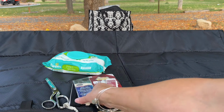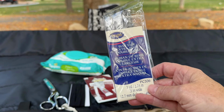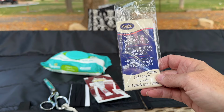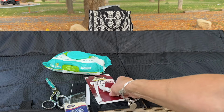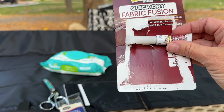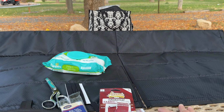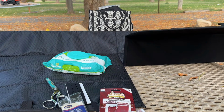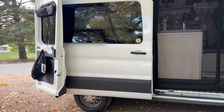All I used was some bias tape, extra wide double fold, 0.5 inches wide, so half an inch wide in black, and Aleene's Premium Quality Quick Dry Fabric Fusion, and some baby wipes, and some scissors. And now I can open up one side of my Wanderful window cover for my vent. You can see on the van,